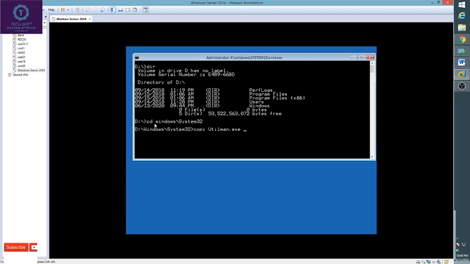I will copy it to D colon, giving the path where you want to copy. Copy to D colon users, I will copy into D colon users. Hit enter. As you can see, one file has been copied.